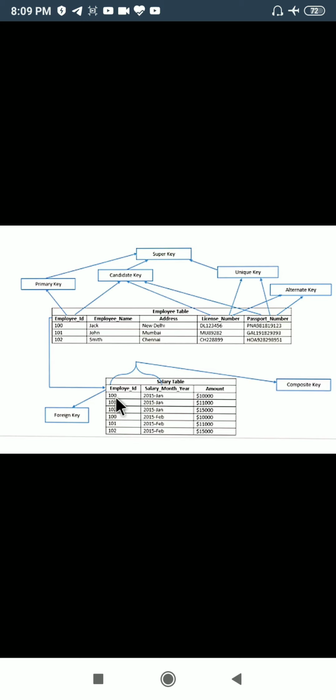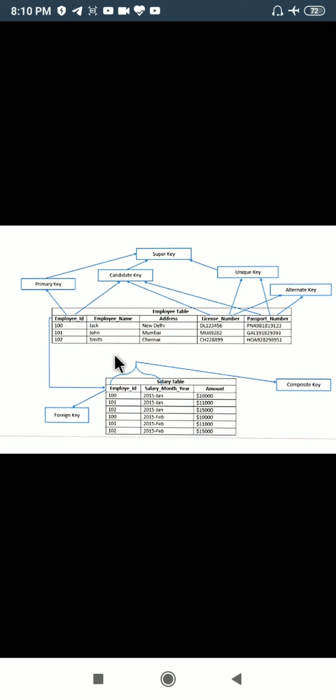Okay, 101, 102, only three values are there, but they are repeated here, so this field also is not eligible to be a primary key. This field, salary, there can be many employees in the organization who could have the same salary, their amount may be similar, so there is no field in this table which is qualifying individually to be a primary key. But here we have three individual fields that were eligible to be a primary key.